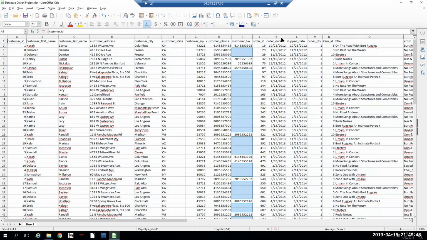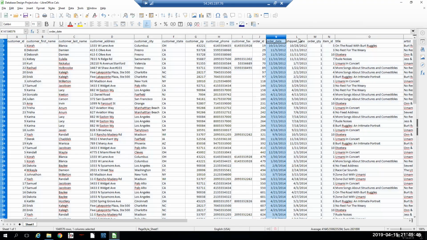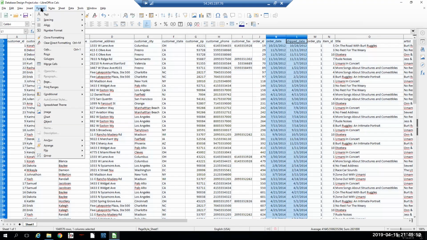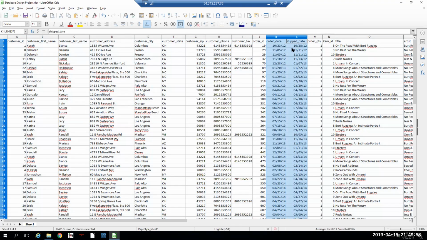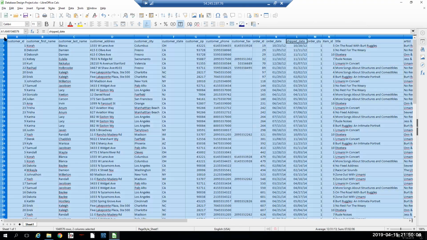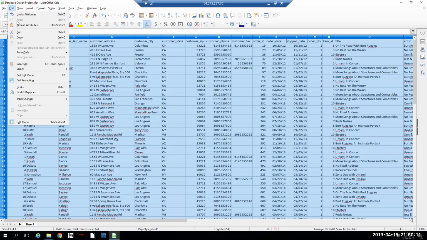Now I want to change the date format on those two. I go up here to format, number format, and it's going to be date, and it's going to change them all to a 2-digit year, which is fine. And then I'm going to go over here and get the entire spreadsheet, and I'm going to go up here, edit, copy,